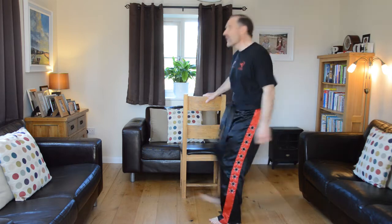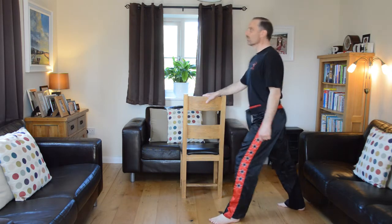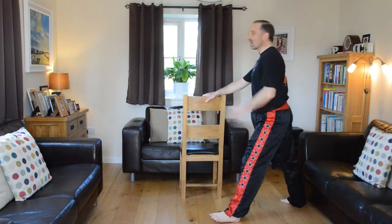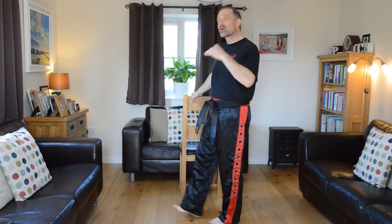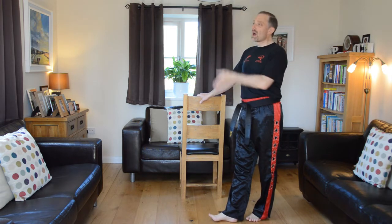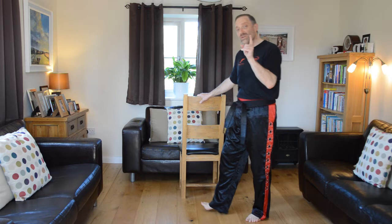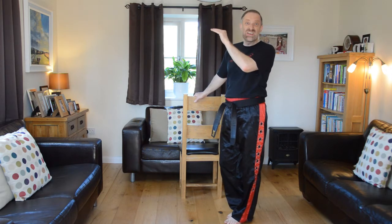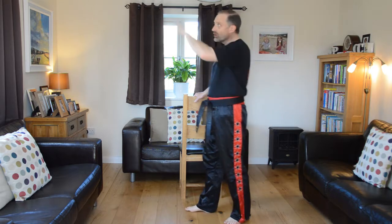Try and keep your body upright. You see a lot of students bending their body. So we're just going to raise up and down, nice and straight. Now look how high I'm going, look how fast I'm going. I'm building up speed a little bit on each raise, and I'm building up height, but I want you never to go at full speed, full height, or what you think is your highest position, because if you do, the